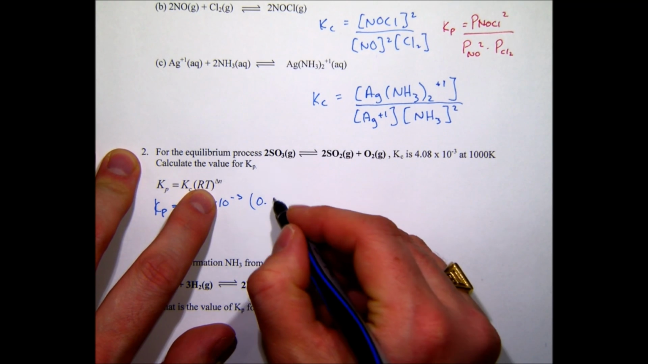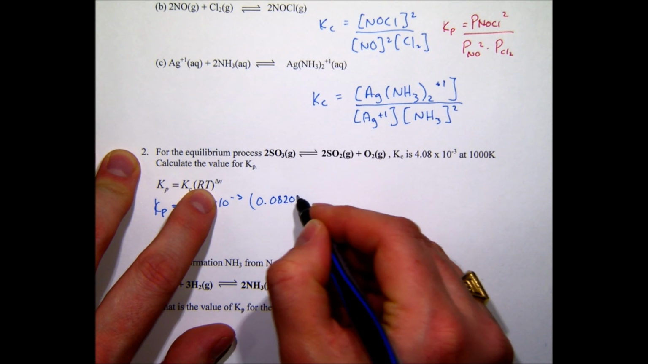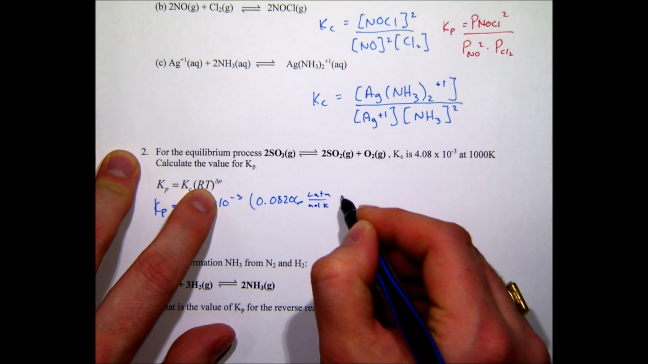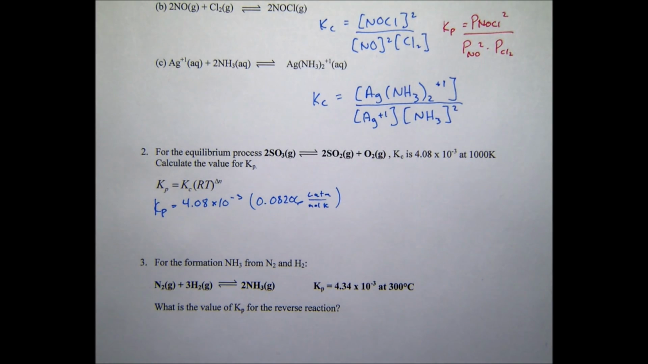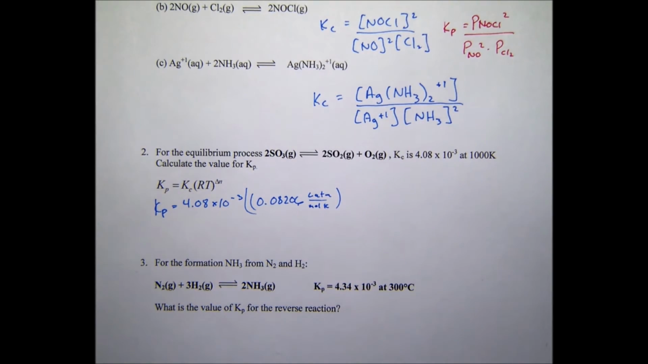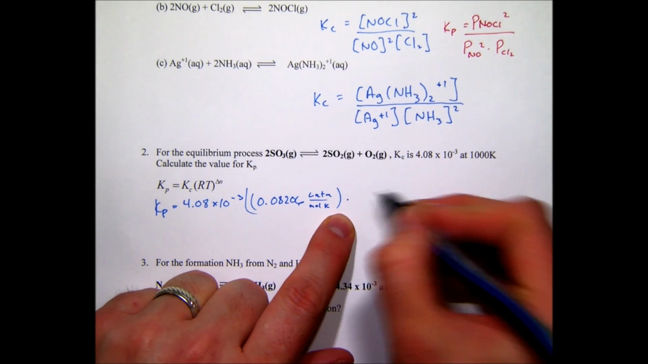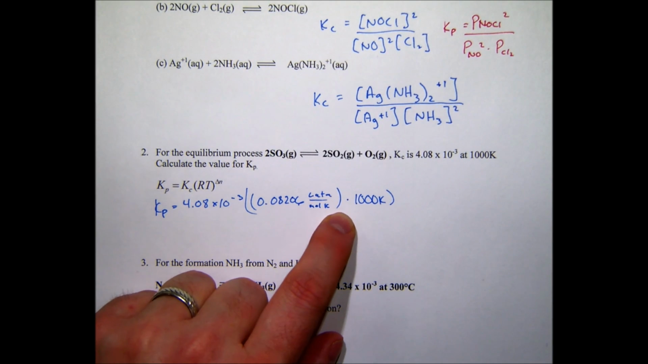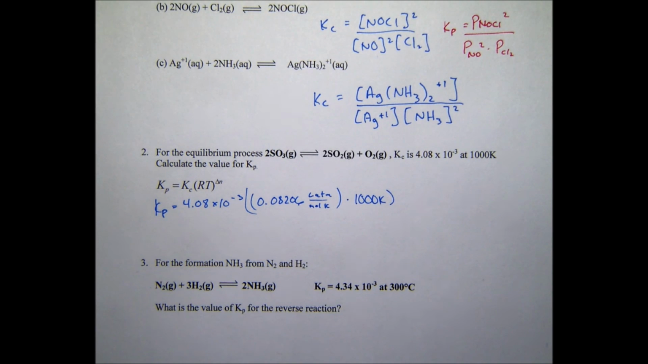So the ideal gas constant, 0.08206 liter atmosphere per mole Kelvin. Again, it really doesn't matter to write the units in, simply because whatever's left over is not going to be on the K. We're just not going to include it. Times 1000 K. And here's the only part that seems to catch people,